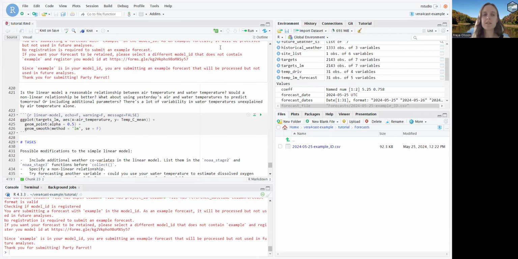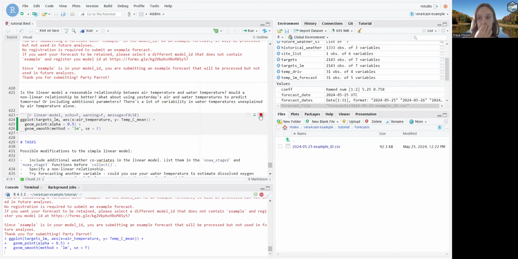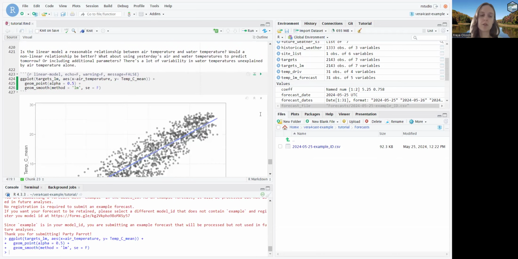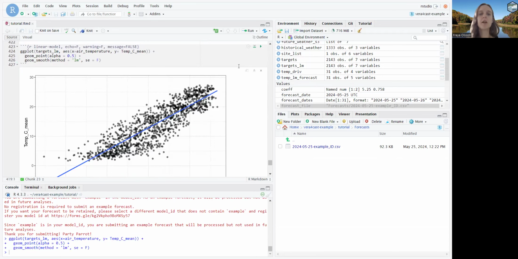So we submitted a forecast to the challenge. That's great. The next step is to think about whether that's a good forecast. Are there additional methods that might improve our forecast? Are there different types of covariates that might improve our forecast? If we look at the linear model, which plots air temperature against water temperature, you can see the linear model is not bad.